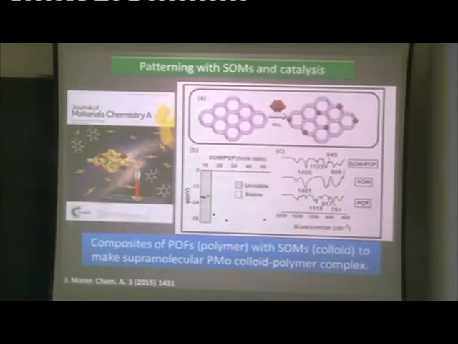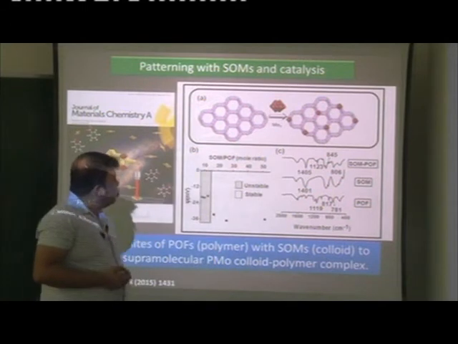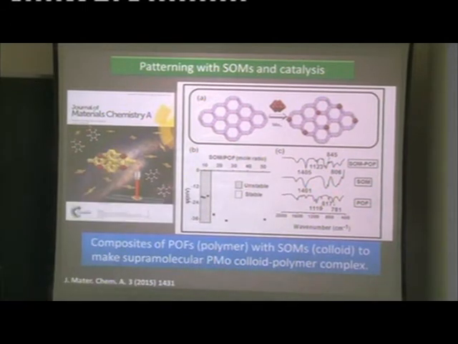Now this is all good. We then thought, can we combine it with some specific applications? Of course, this is a proof of principle kind of thing. So what we did is we took the soft oxometalate, the heptamolybdate, and combined it with tetraphenylphosphonium. When we combined it with tetraphenylphosphonium, we were able to form the soft oxometalate porous organic framework composite material,